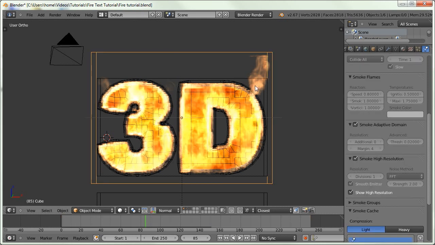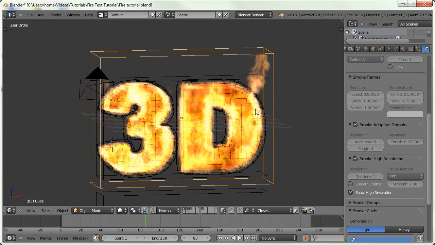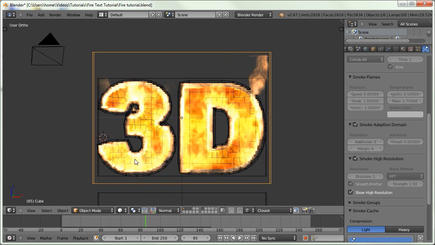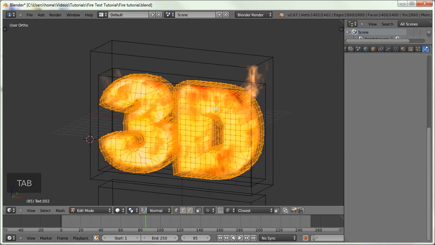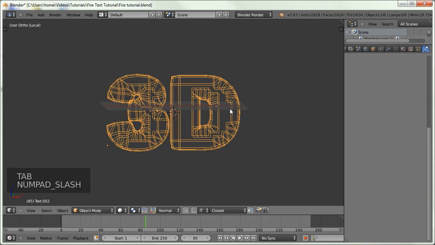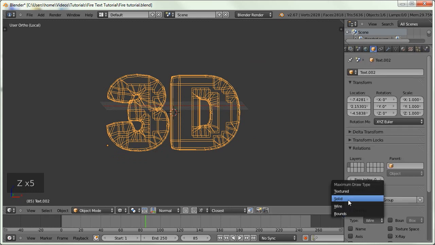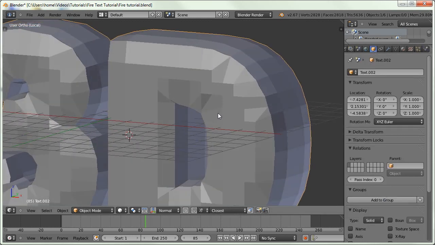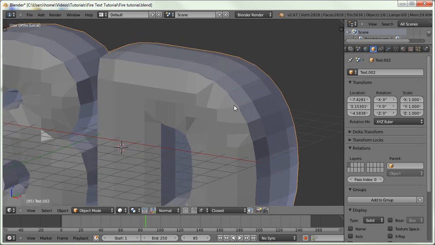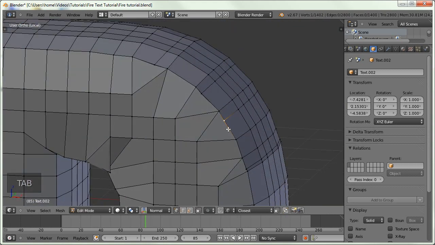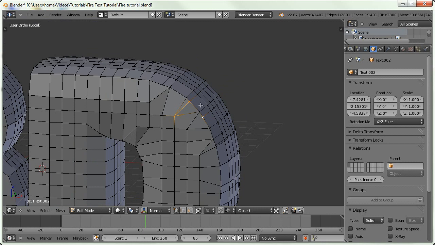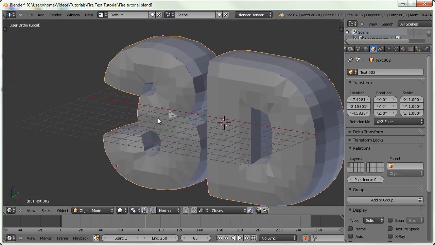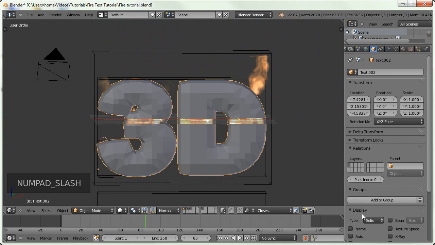And we have got a few problems in that the fire does seem to be getting out of our collision mesh a bit, and I haven't really found the solution to that. I don't always get it happening, but I believe it's something to do with the cage mesh. And if I just go into the local view by pressing / and I'll just set it back to solid, I think where you can see these seams, there's a slight darker line around the edges, and I believe that could be solved by just cutting and turning them into triangles and going around the edges. But I'm not going to bother because it doesn't make too much of a difference